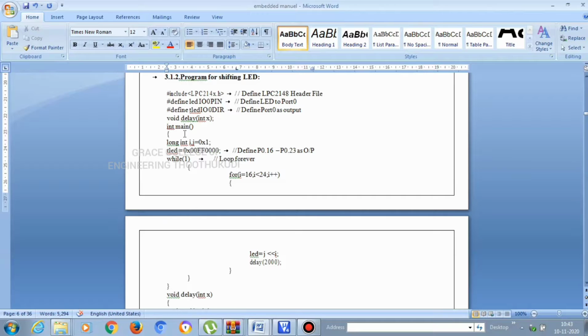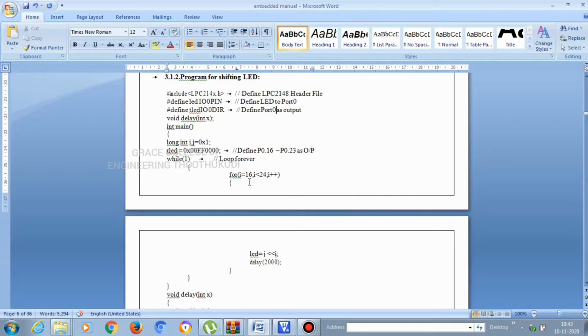It is given with the value 11111111, which in hexadecimal is FF. TLED is given the value 0x00FF in the main program, and in the while loop they are giving an execution of the 8 LEDs one by one. That is, the first time the first LED should glow and the remaining 7 LEDs should be off.